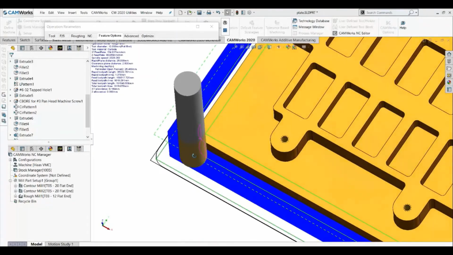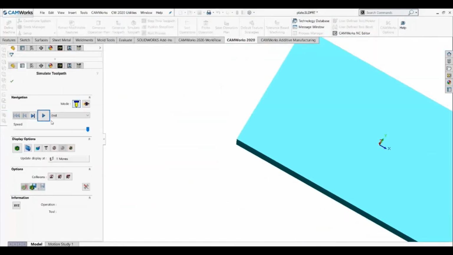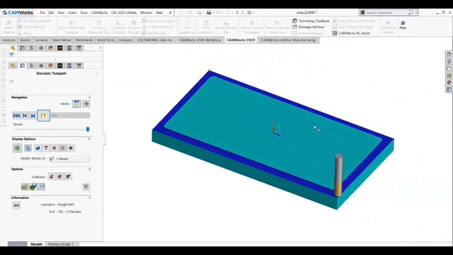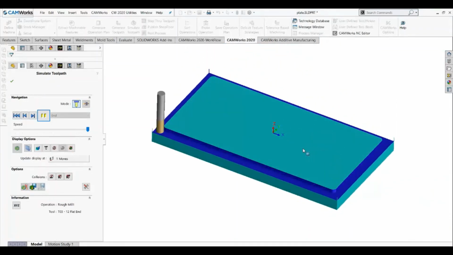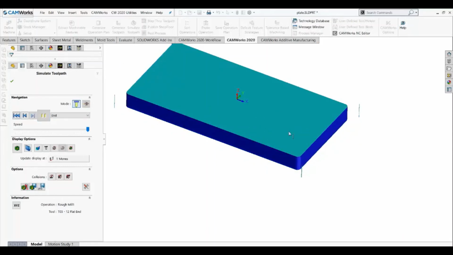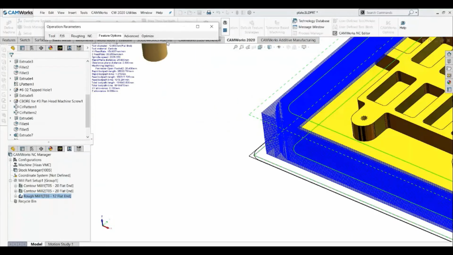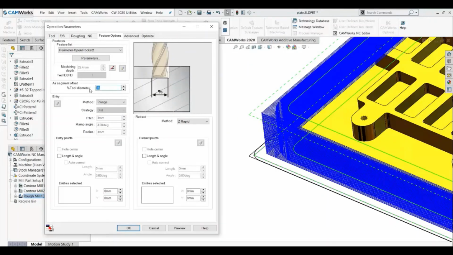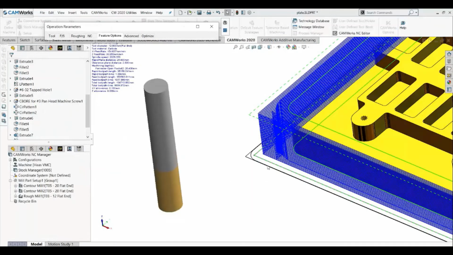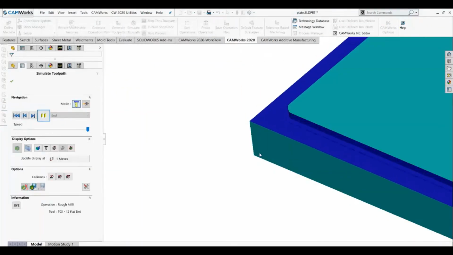So you can see the toolpath will be like this, and if you just see the simulation, you will come to know how it is going to work. So with these small dia cutters also you can work. It is not necessary that you have to use bigger dia cutters only, right? You can machine through it. Now you can see there is slight material left over here. So instead of 15%, let's say you have 25% of the cutter dia. Okay, so the toolpath will just shift over there, and now you can see there will be no material left.